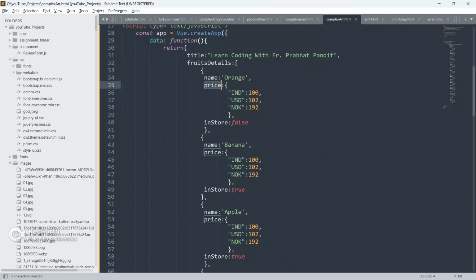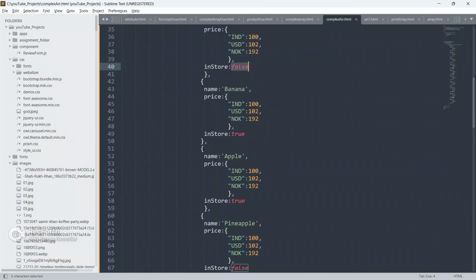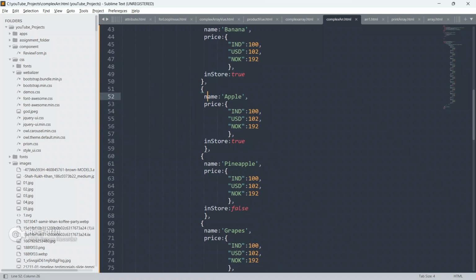You can also see that the price is also an array or object, because this is the Indian price, this is the US dollar, and this is the NOK, and the in-store value is false here. The name is banana, the price is IND, USD and NOK. The price is also an object because it contains three different elements.